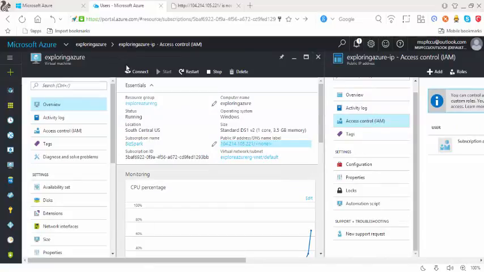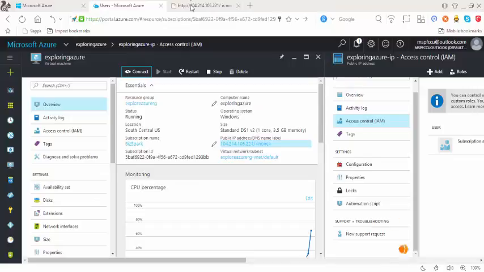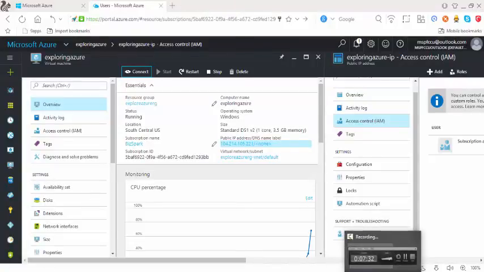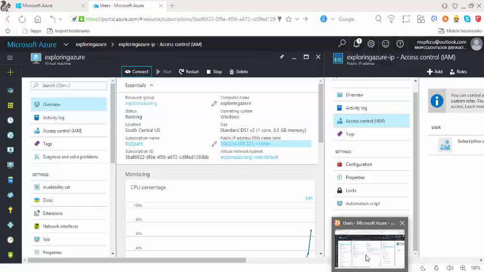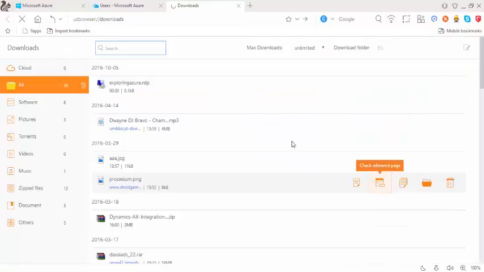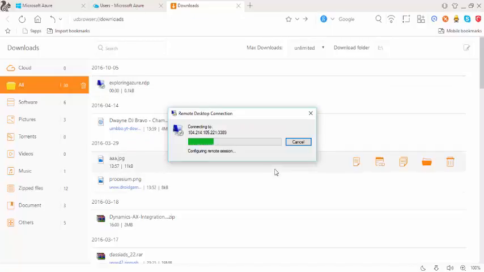For example, in the access control, the subscription, the admin, the configuration, the properties, automation scripts that I can write. So for example, if you just go here and click on connect, I'll be able to download the remote desktop file. So I'll simply say local file download, and right now, because our IaaS server is not running on the VM we have just created, you won't be able to see any page for that. But if I just go to download, here is RDP, I will simply open it. So I will simply say connect